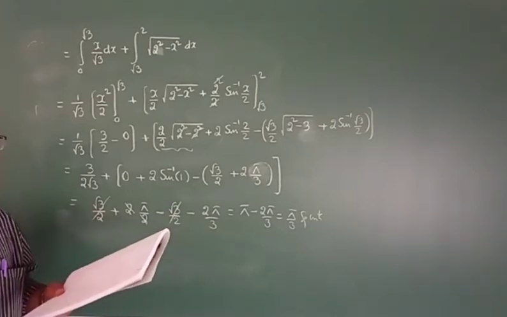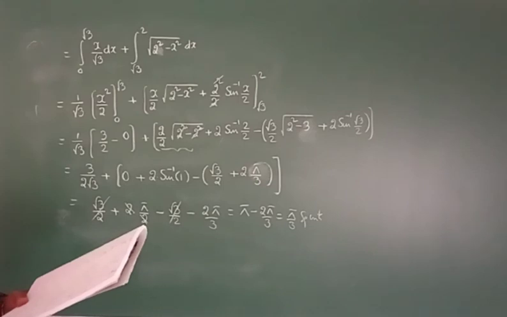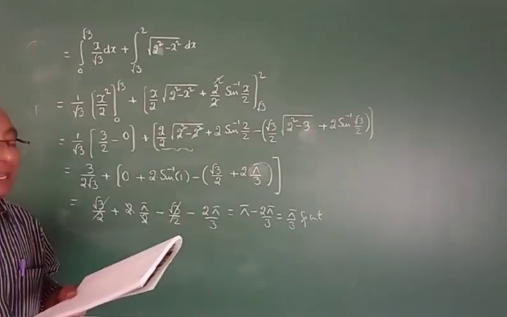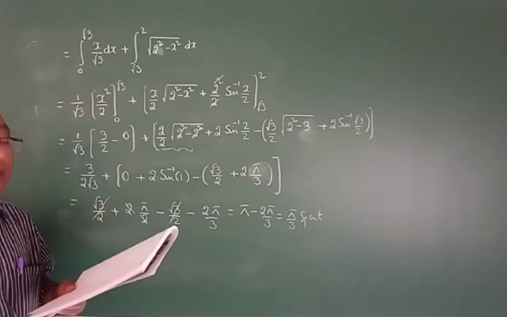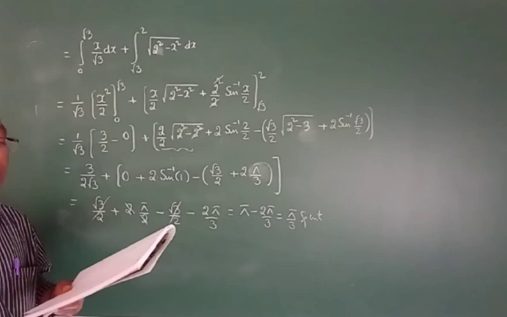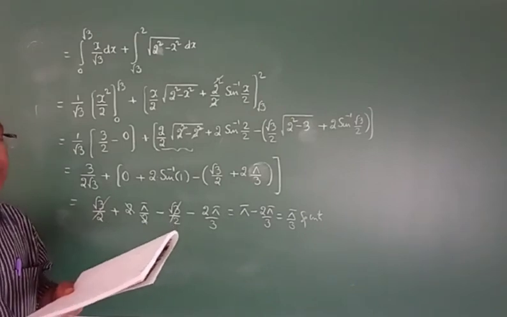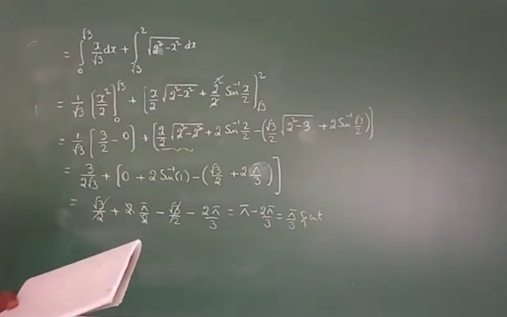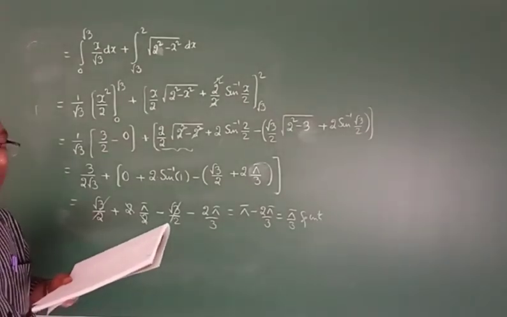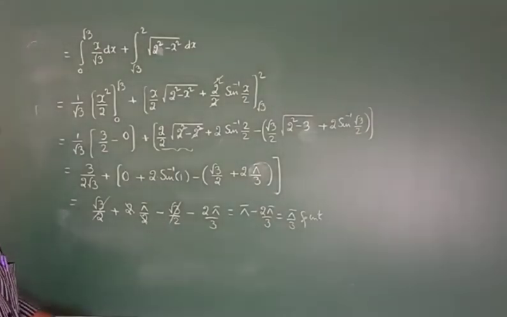Circle equation is given: x square plus y square is equal to a square. Center is 0, 0. Radius is a. Cut off by the line x is equal to a by root 2. Okay. A by root 2, we can check one time. A by root 2. Everyone see